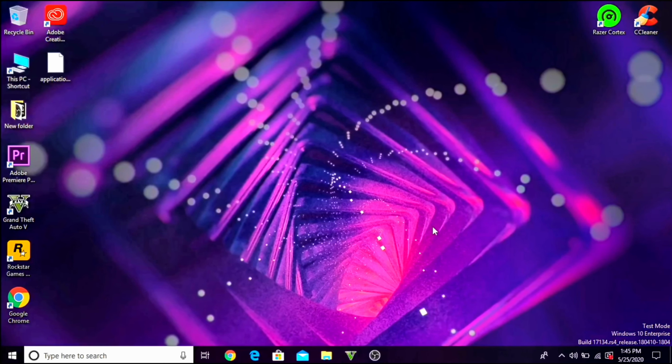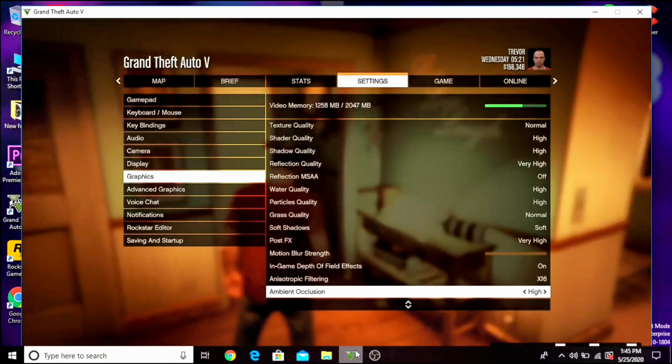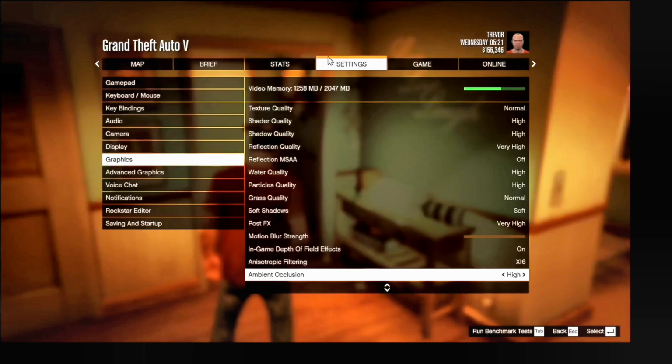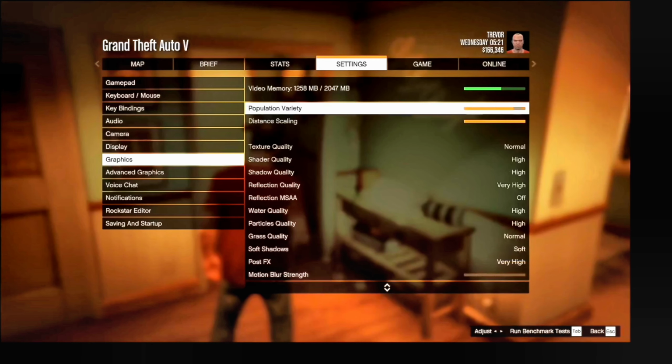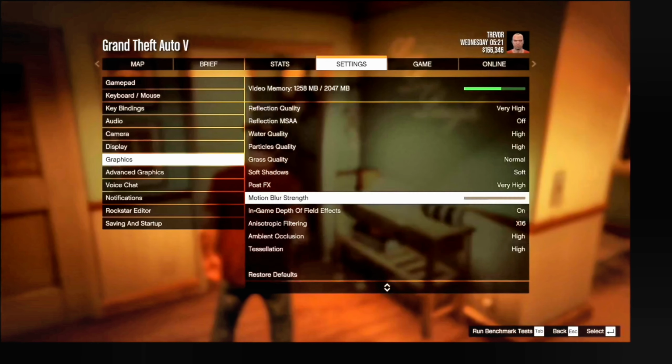Now the first tip which we are going to see is in the game itself. For that you have to launch the game. As you can see, my game is already running in the background. I'll open the game. After opening the game, I'll just go to settings. In settings, I will select graphics. Now going to the top,